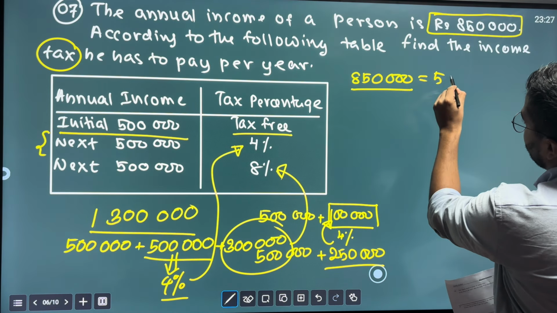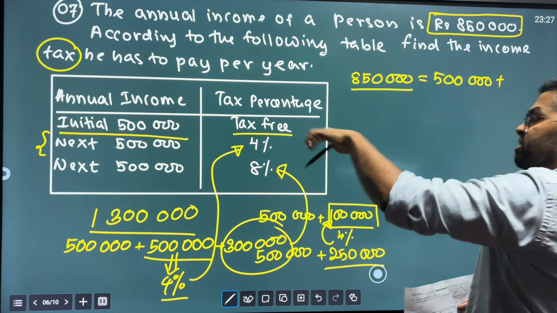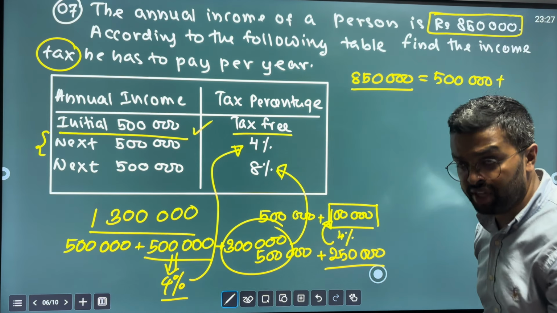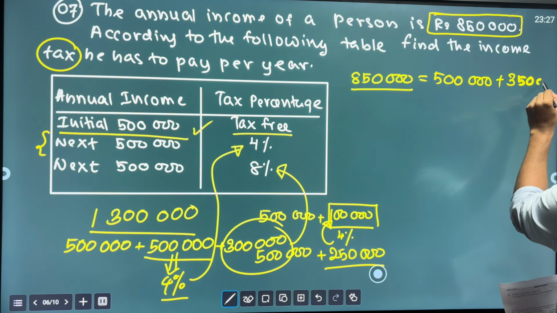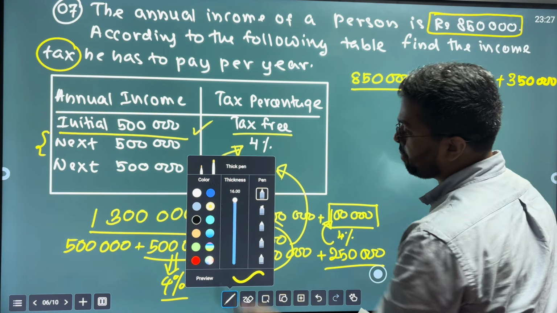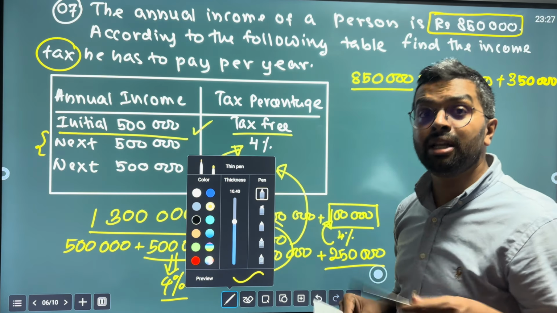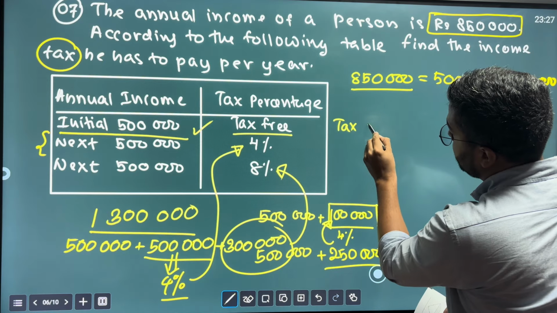Let's remove the first 500,000 rupees out of it, which is tax free. After removing it, the additional amount you have is 350,000 rupees. Now this additional 350,000 rupees is the taxable amount. So the tax amount you have to pay is